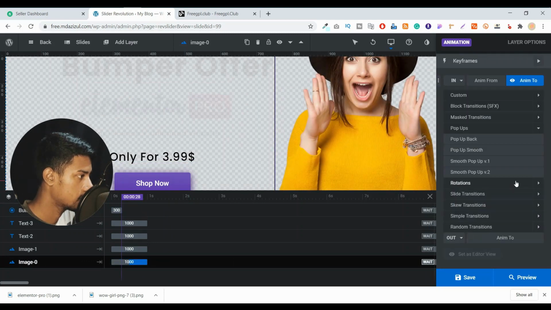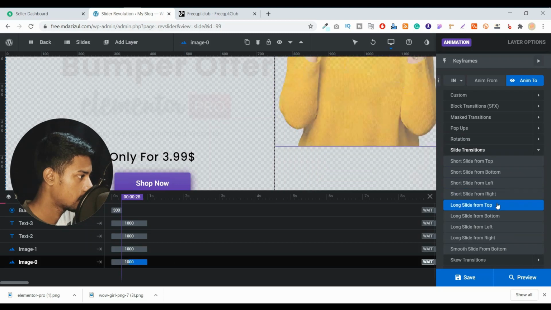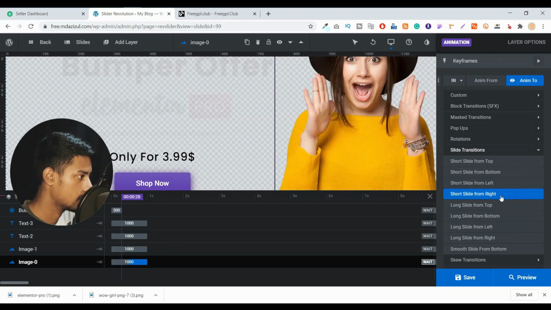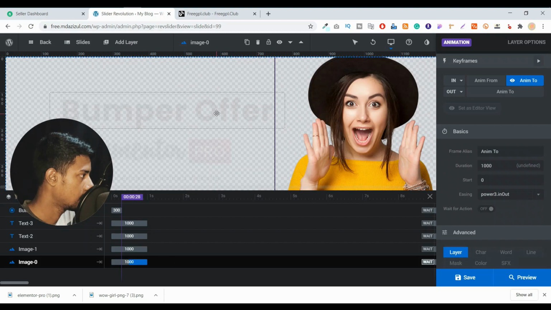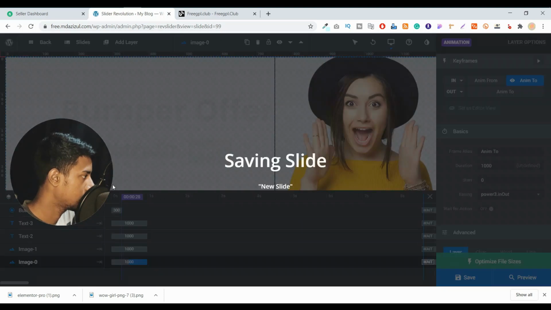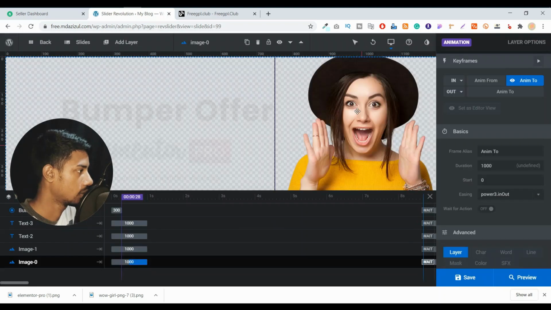So I just want to add a slider. Okay, I think this is right, and save. It's now saving. Okay, it's now saved. If I click on this play icon,